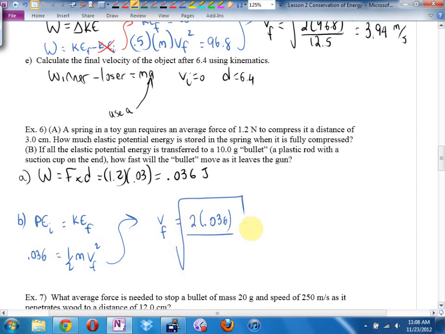Why can't I use 10 kilograms? Okay, 10 grams. How many kilos? 0.1? 0.01. 0.1 is 100, right? Because 1,000 in a gram. So 0.01. What's my muzzle velocity if these numbers were accurate, which they're not? 2.68